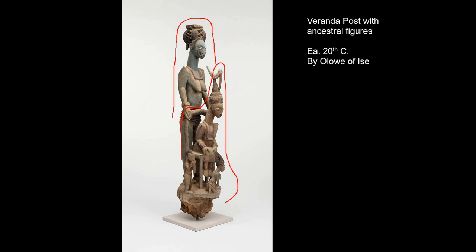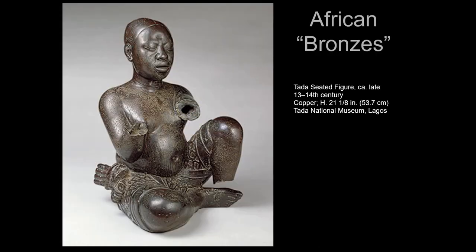What's interesting, though, is that that's not always the case. So Nigeria was conquered by the British in brutal fashion. We'll talk a little bit more about that later. And that began a series of archaeology in the region in and around Ife and other locations. And this brought out a trove of objects, mostly dating from the 13th and 14th century. A series of African bronzes.